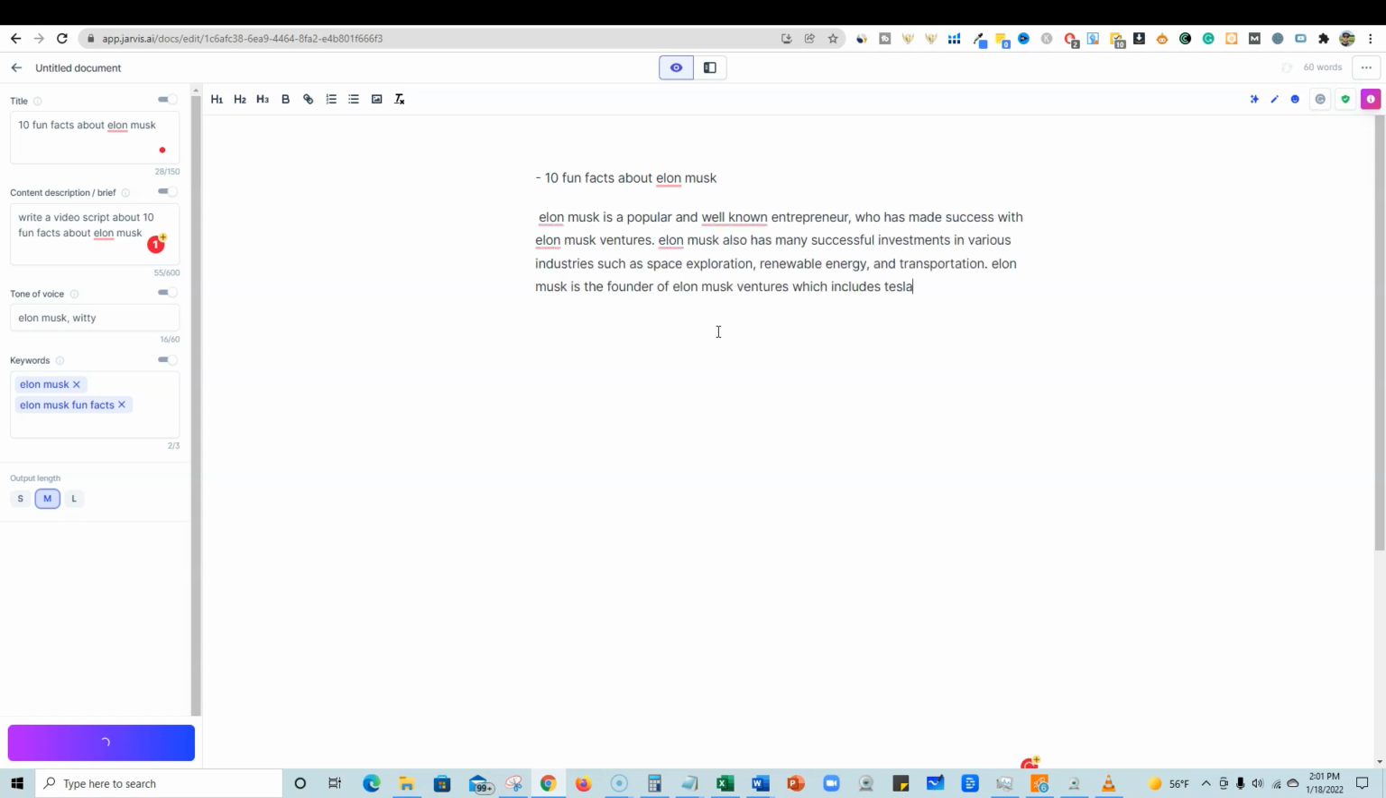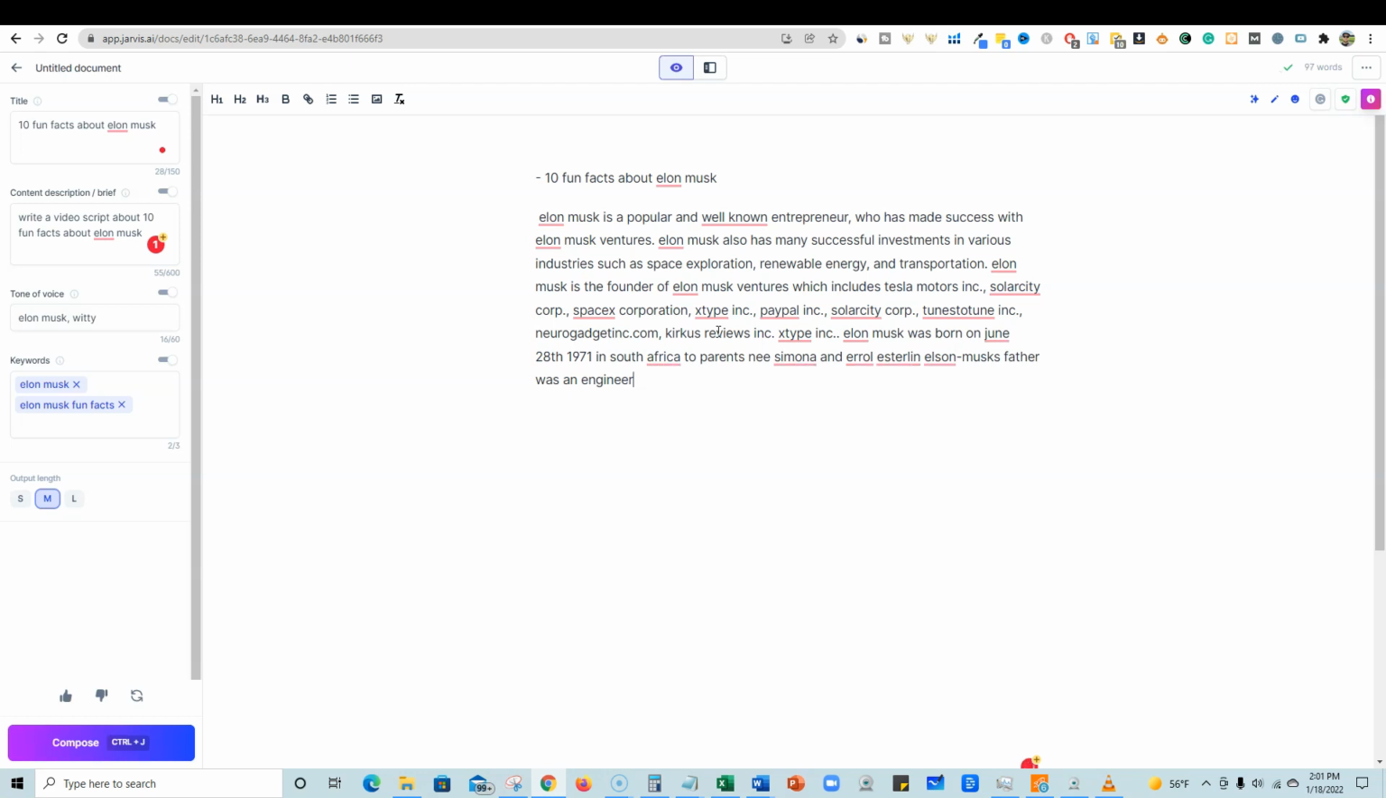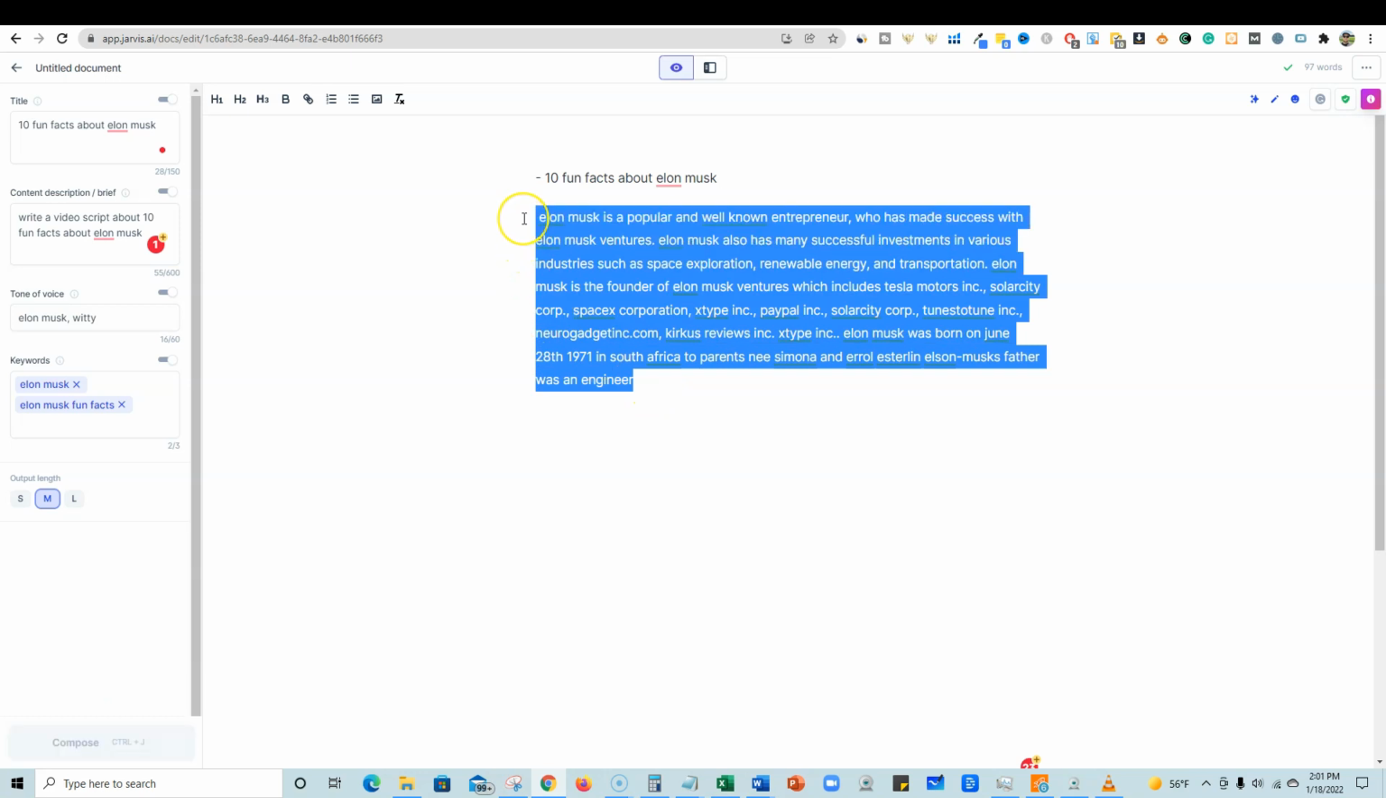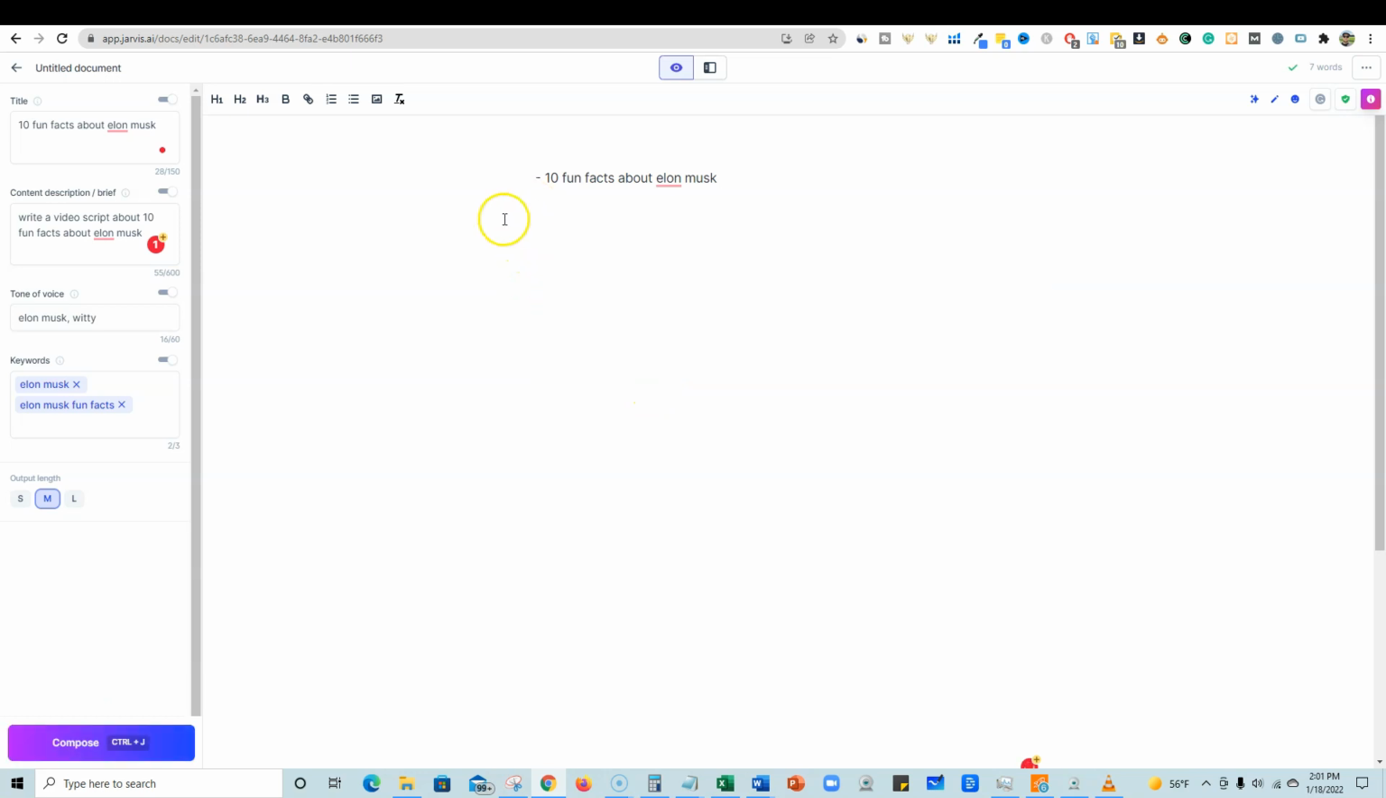So we have: Elon Musk is a popular and well-known entrepreneur who has made success with Elon Musk Ventures. Elon Musk also has many successful investments in various industries such as space exploration, renewable energy, and transportation. Elon Musk is the founder of Elon Musk Ventures, which includes Tesla Motors, Solar City, and it just keeps going on. Okay, so we can use that intro that way,